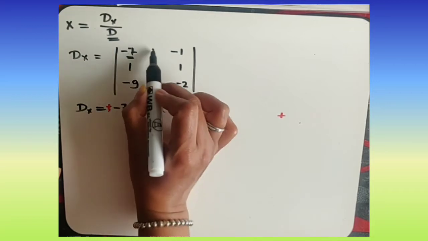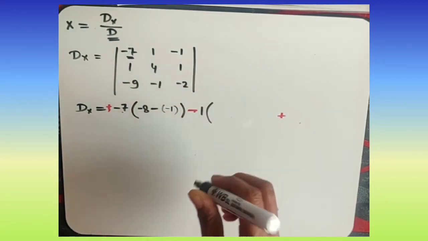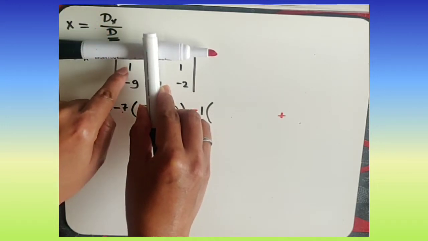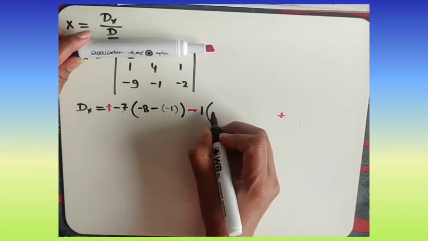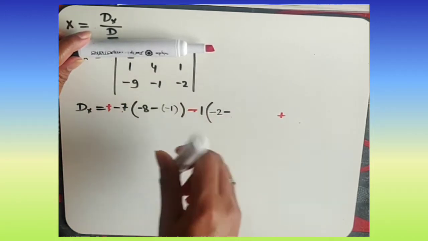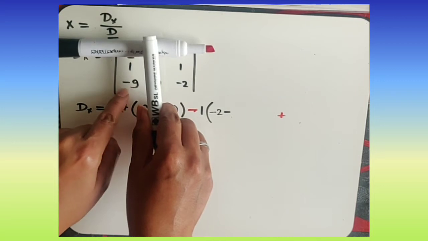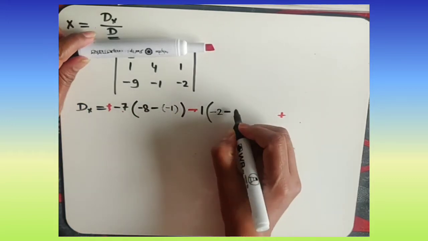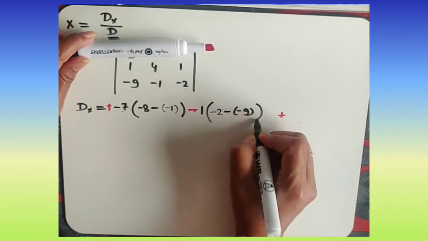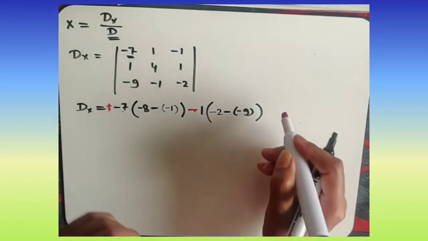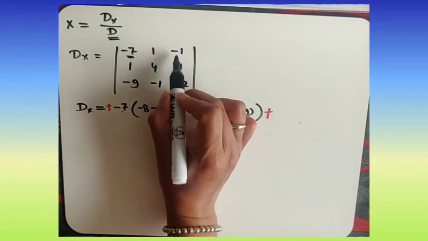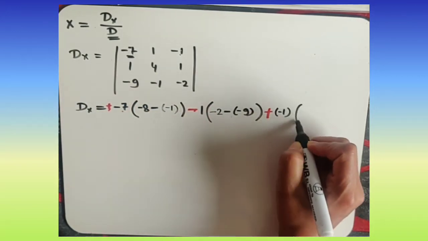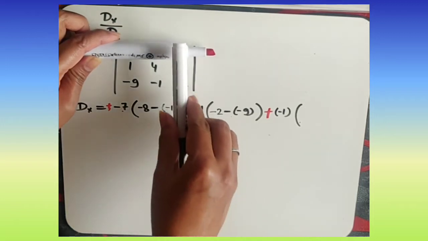So minus this one, 1, and then bracket on, and then cover the first row and second column. Then we will write down 1 multiplied by minus 2, this will be minus 2, and then minus, then multiply by minus 9 and 1, so it will be here minus 9. So again multiply by minus 9, then this will be here plus, then we will write down the third one. The third number is minus 1, so we will put it in the bracket, and then again the same rule, cover the first row and the last column.